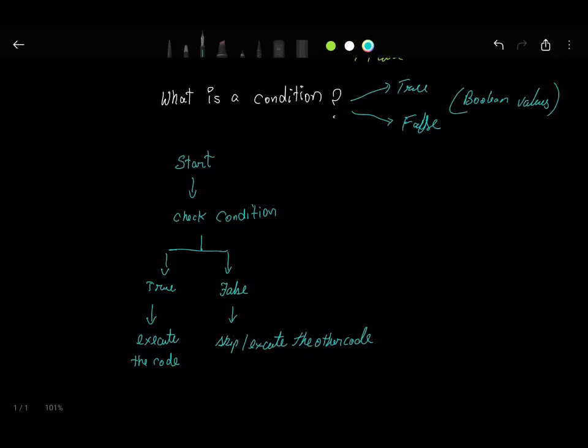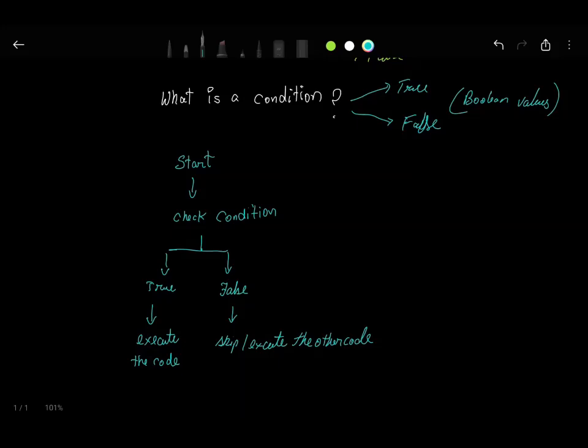Before a program can make a decision, it first needs a way to compare values. How does Python know whether one number is greater than another? How does it check if two values are equal or determine whether something is true or false? To answer these questions, we first need to learn comparison operators, which are the building blocks of decision making. So let's move to the next part of today's lecture and explore